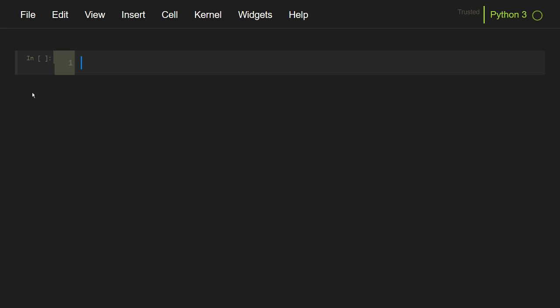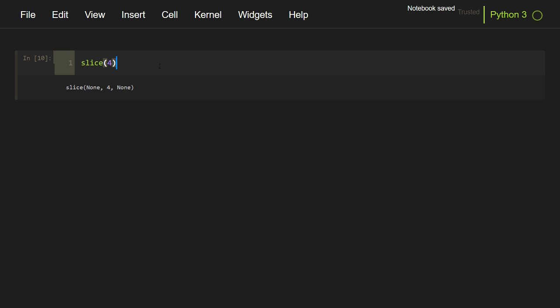The next function is the slice function. It works exactly like the range function. If we pass just one integer parameter to this slice function, it will generate a slice object that starts with a none, that is the default value. We will see what default values are in just a minute, and the ending value is 4. 4 is not included in this slice range, and the default step value. We will also see what default step values are.